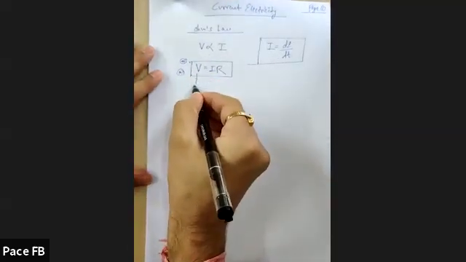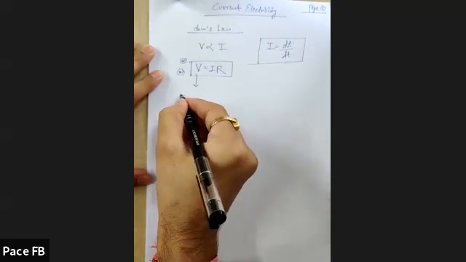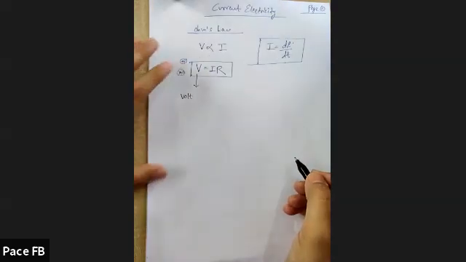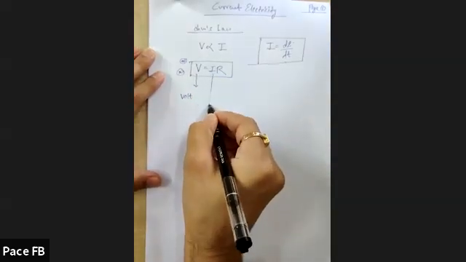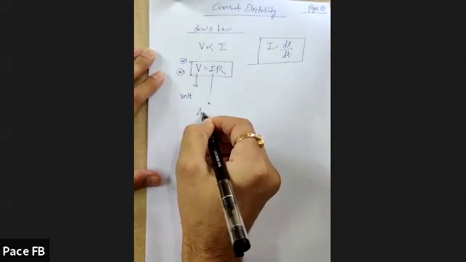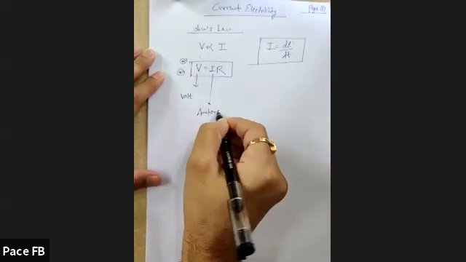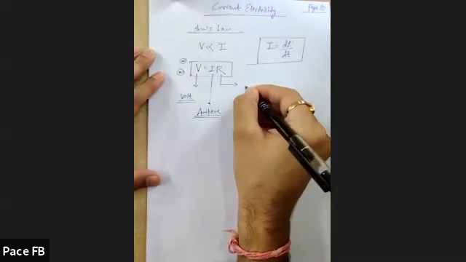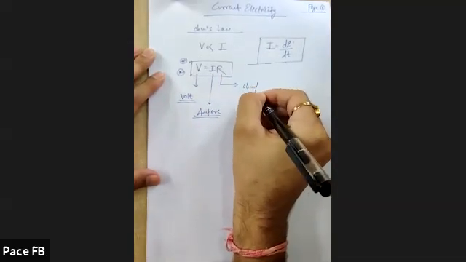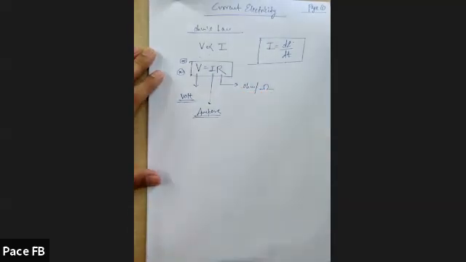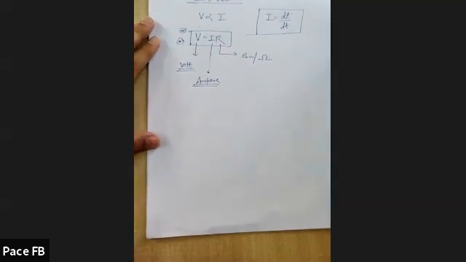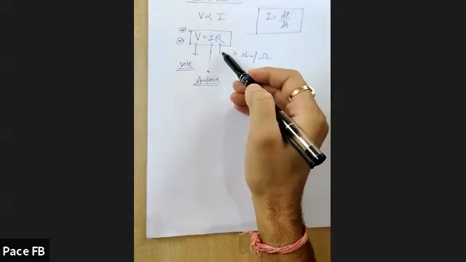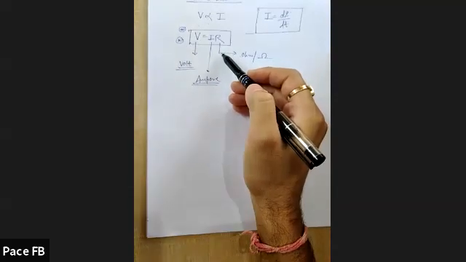So what is the SI unit of potential difference? It is volt. The SI unit of current is ampere, and the SI unit of resistance is ohm. And the symbol of ohm is like this. So you should know this. Now, what is resistance? It is the obstruction offered to the flow of charges.